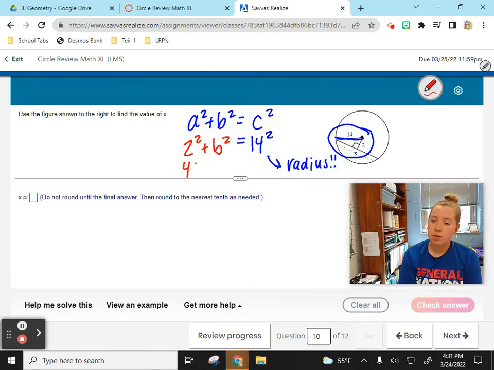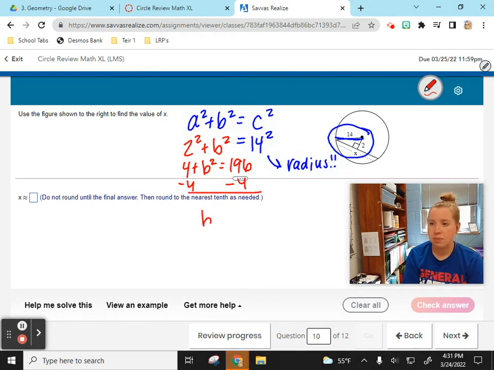2 squared is 4, plus b squared equals 14 squared, which is 196. I should have known that. 196. I'm going to subtract 4 from both sides. b squared equals 192. And then lastly, I'm going to take the square root. The square root of 192 is